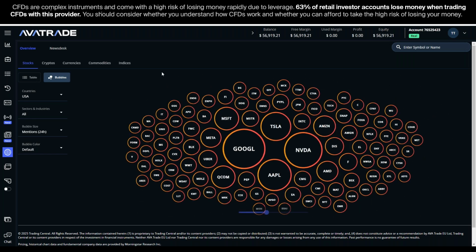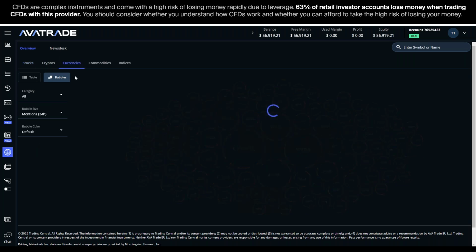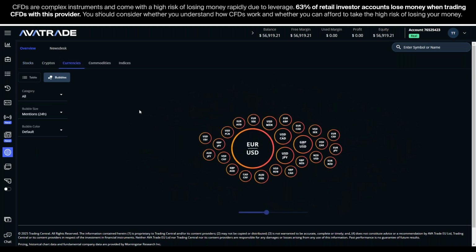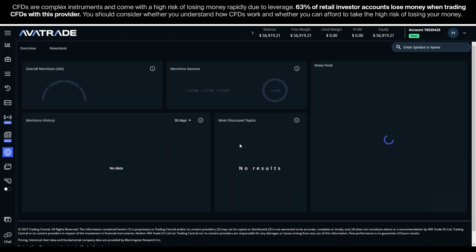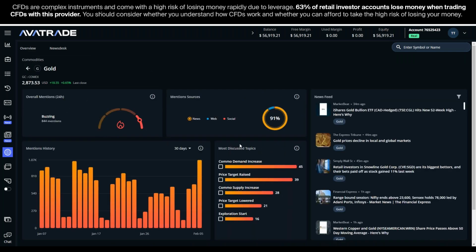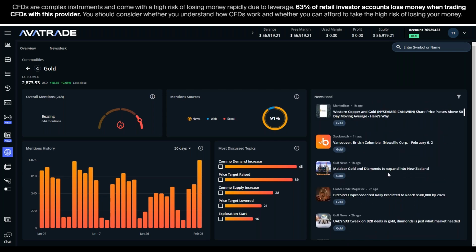And this isn't just here for stocks. You can use this tool for currencies, even cryptocurrencies if they're available in your region, and find out what's the latest news about certain currency pairings or commodities. Gold, for example, is a big one that people want to know what's the latest news about which way gold might go. And we see here gold prices decline in local and global markets. Could read that article to see why, and more articles as you scroll down.